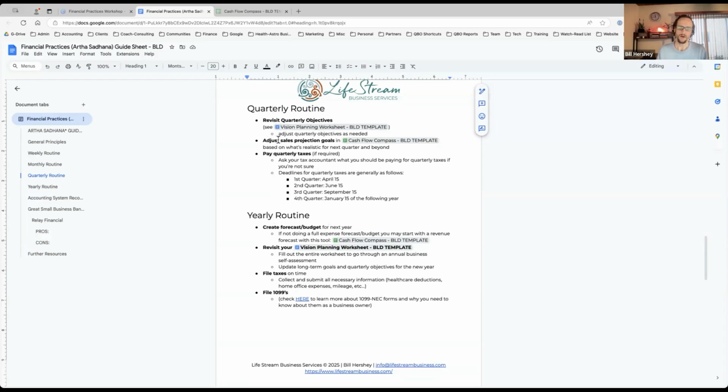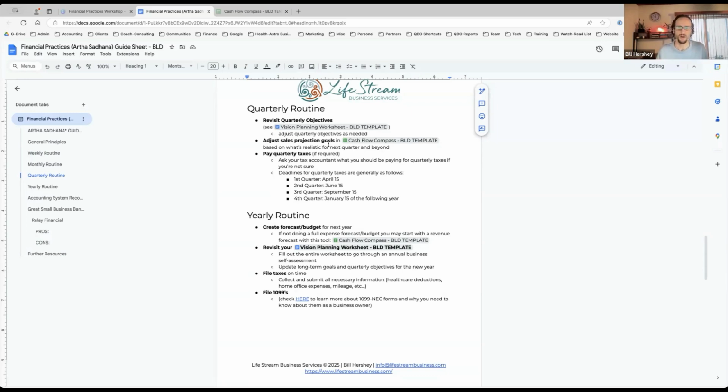Once that strategy is laid out, I think it's really important. This is, I think, one of the missing pieces in the business coaching world: to not only have a revenue goal for the year, but also to break it down into quarterly revenue goals and break that down even further into monthly revenue goals. And not just that, but to also track it.